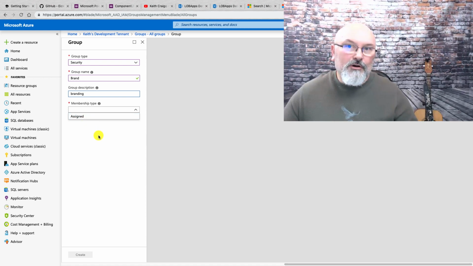Normally with a security group, you would set up a bunch of criteria to automatically add people to the membership based on their location, their country, their job function, their title, their department, what have you. But in my developer tenant, I only have assigned, so I have to create all the information myself.